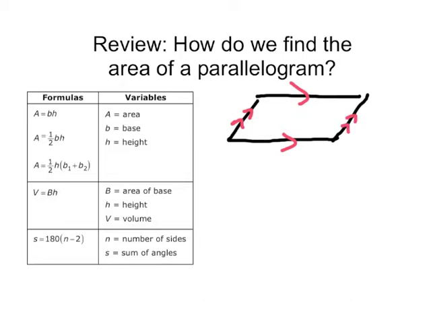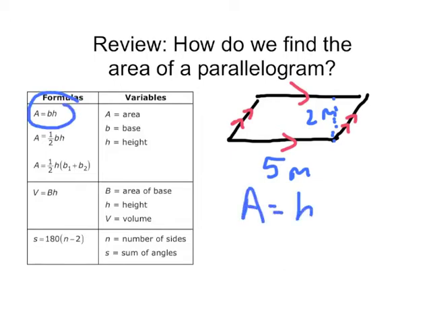Let's say that this parallelogram has a base or a length of 5 meters and a height of 2 meters. Well, if we look at our formula sheet, in case we don't remember, the formula for the area of a parallelogram is area equals base times height. So we're going to have a base of 5 times a height of 2